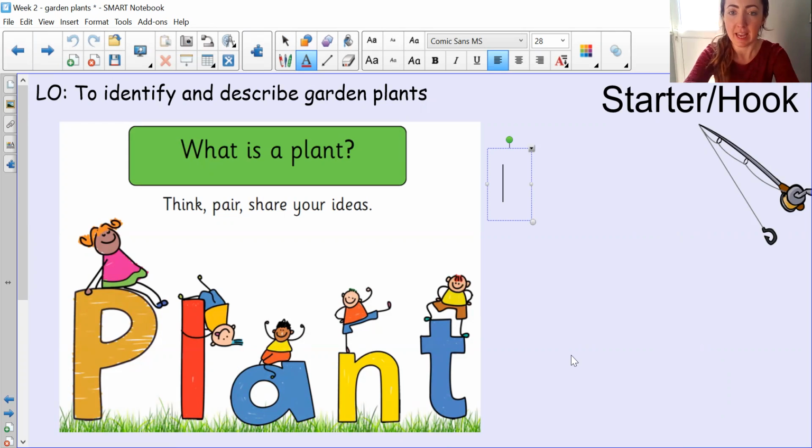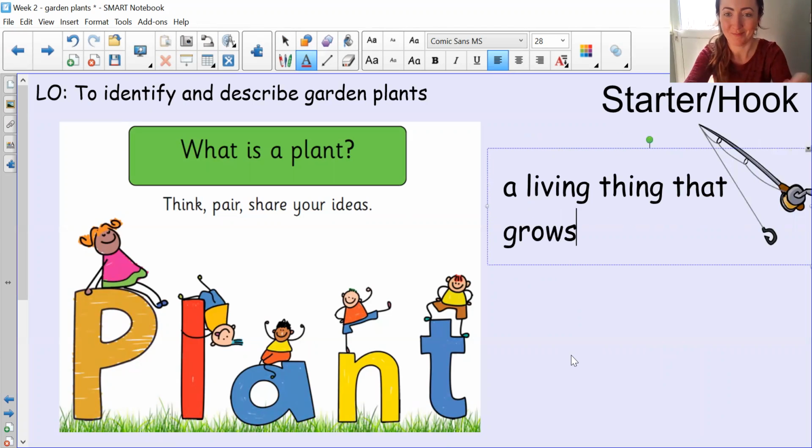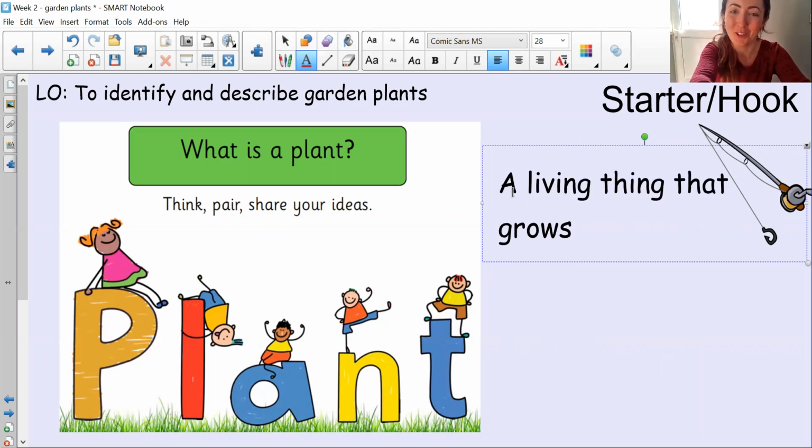So a plant is something that is alive, is a living thing that grows. So remember last week I kind of compared it to you and I. We are living things that grow, and so are plants. And let's just make sure that I'm remembering those key sentence features. Capital letter at the start, full stop at the end. Well done if you noticed that I forgot those. So a plant is a living thing that grows, and